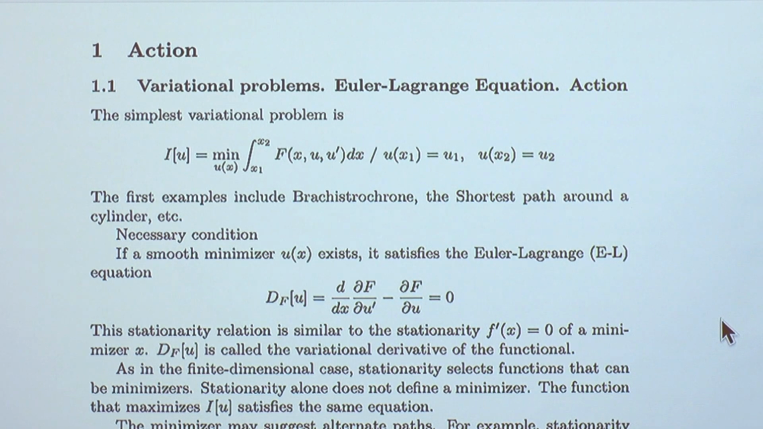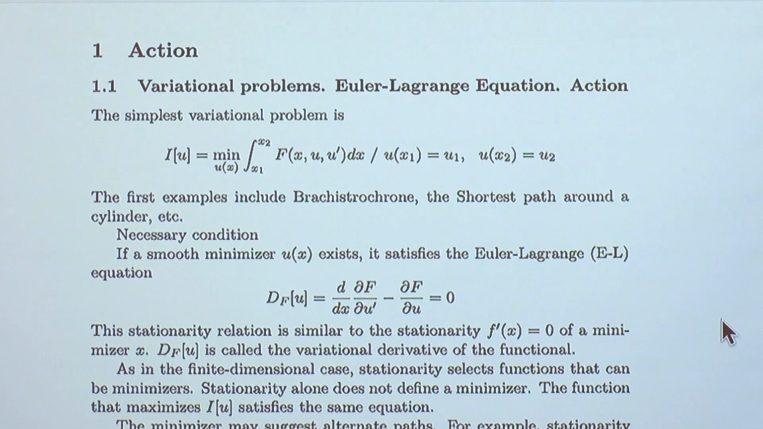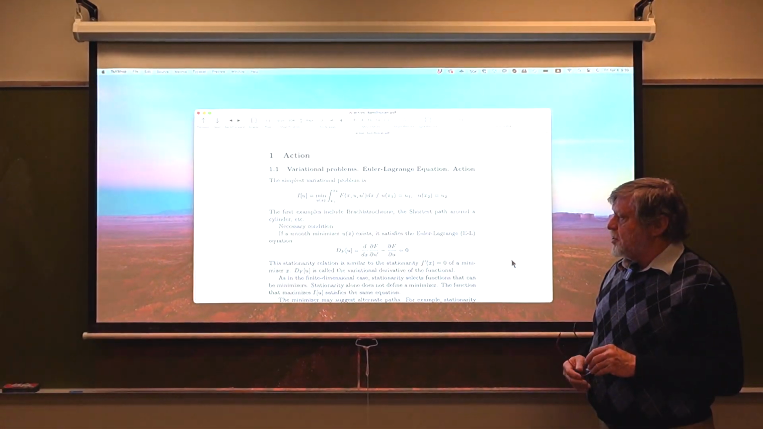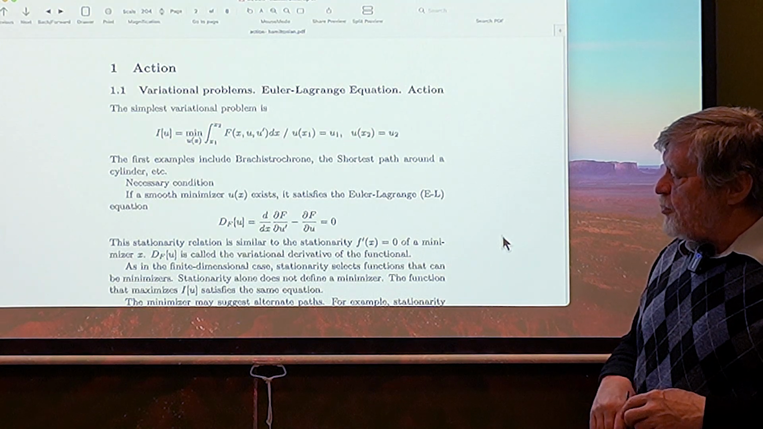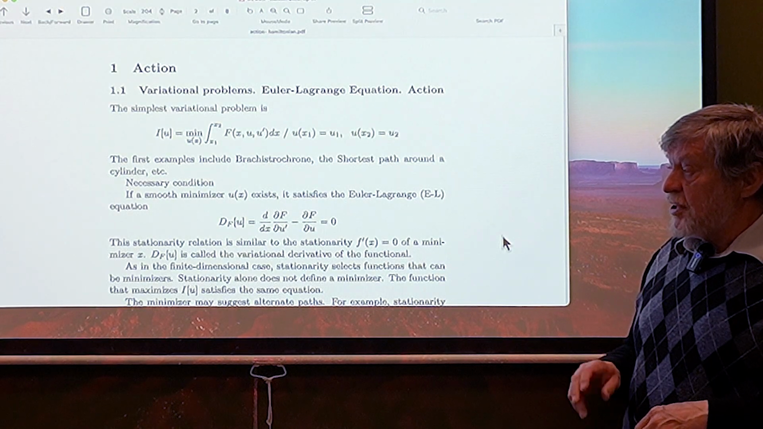of steepest descent, the trajectory that minimizes the time of travel between two points under gravity, or the shortest path around a cylinder. If you have a cylinder, you need to go from one point to another, and what is the shortest trajectory, and so on. So whatever the physical meaning of this problem is, the minimizer, if the minimizer is smooth